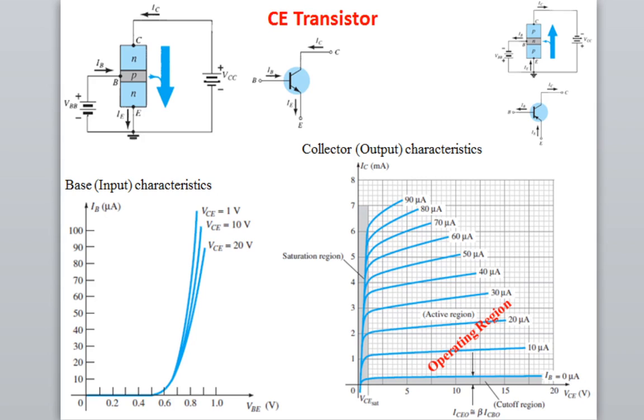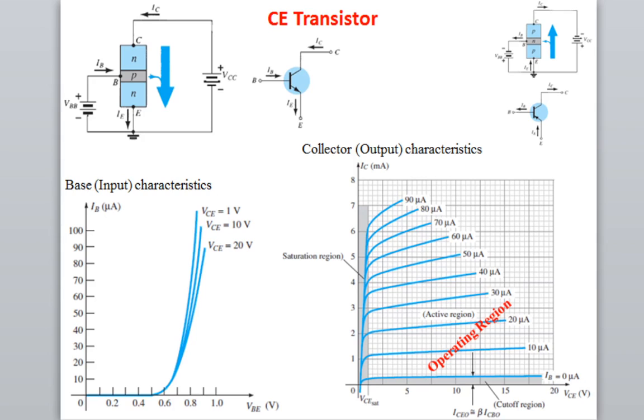Each configuration of transistor, whether it is common base or common emitter or common collector, has different properties, and those properties can be understood by studying the characteristics curve of common base, common collector, common emitter transistor. That is why for the case of common base I explained the common base transistor characteristics. In this lecture also I will explain the characteristics of common emitter transistor.